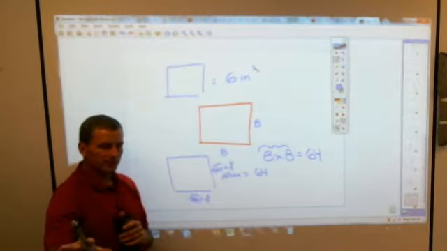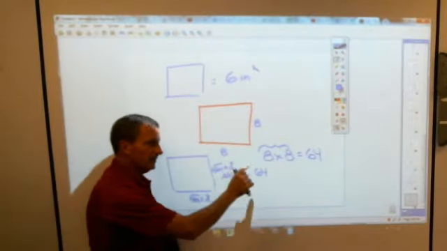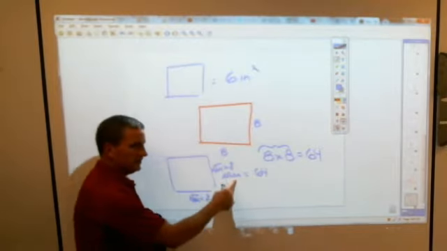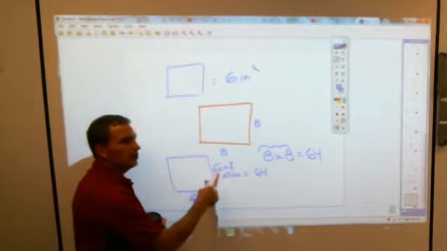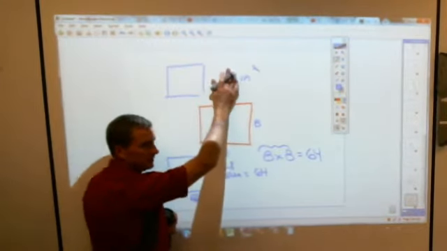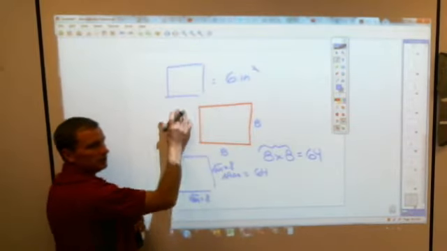Look for the pattern here. Back up to this one. The area of this I said was 64, and each side was the square root of 64. If the area is 6, each side would have to be,